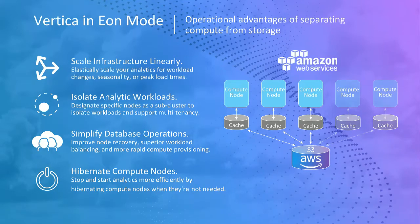So Eon Mode you can learn a lot more about on Vertica.com, our documentation, other webinars. We GA'd Eon Mode over 2 years ago, in the spring of 2018. So this is hardened, tested, running at many customers, running in production. Like Jeff mentioned, our friends at the Trade Desk run 300 plus node Eon clusters on Amazon Web Services. So if you want to talk about scale, I think we can put the stake in the ground for this